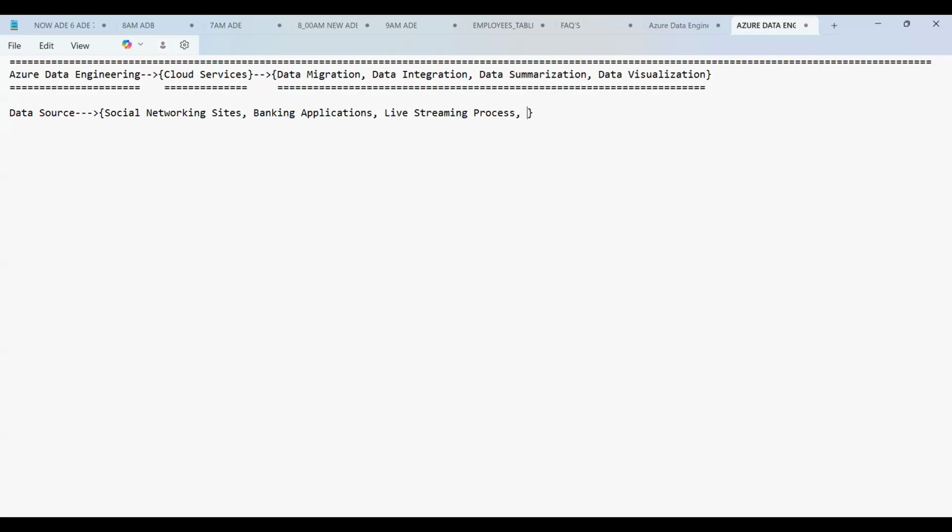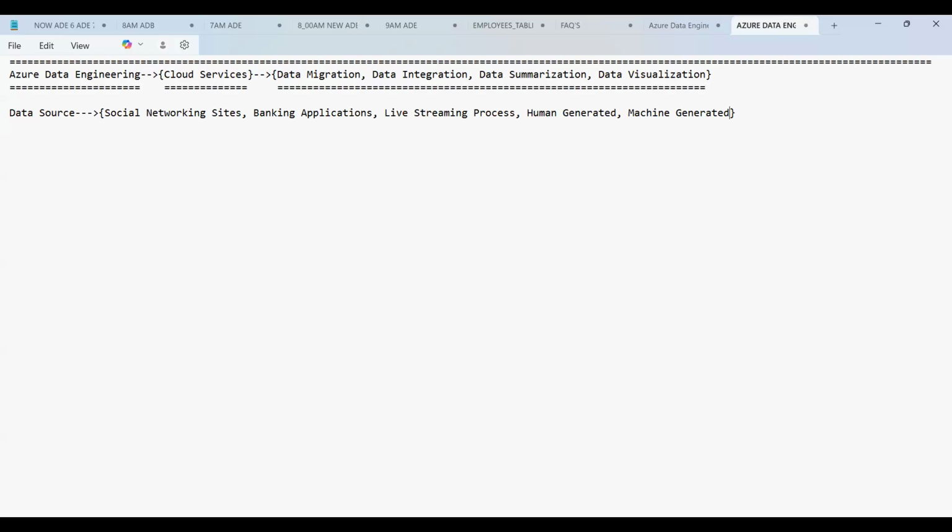We can also get the data from human generated or machine generated sources, and many more.